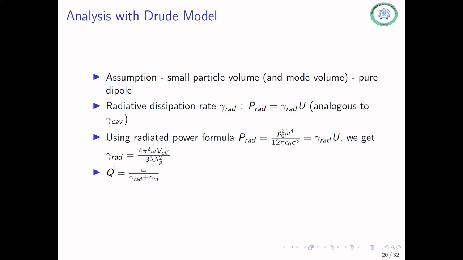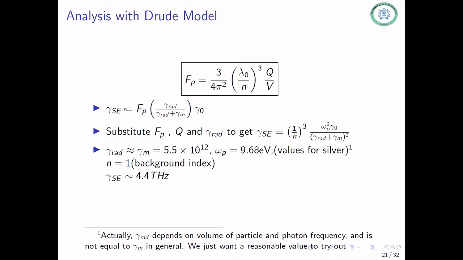One thing that will change from the other case to here is that you actually have to include the effects of both radiative losses, in the sense that you're actually emitting, so you're losing from the particle, as well as electron collision energy losses. So your Q factor has to be divided by this factor, not only γ_rad, as you would do usually. This would also modify our spontaneous emission rate. It would actually be the Purcell factor times γ0 times this factor, because only the radiated losses are useful to you. So it reduces by this fraction, of course. So even though your emitter emits more frequently, some of it just gets lost.